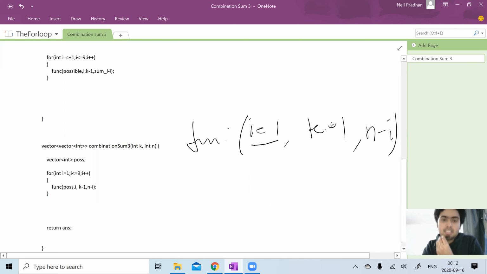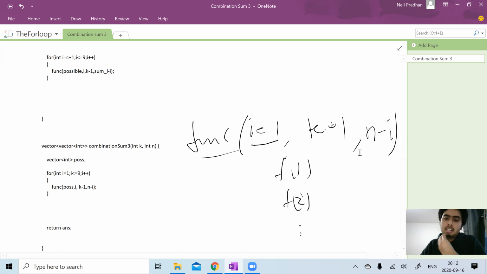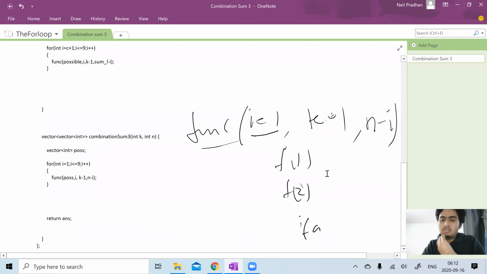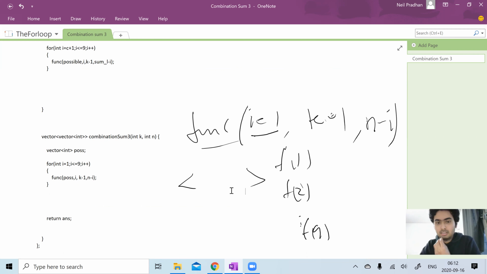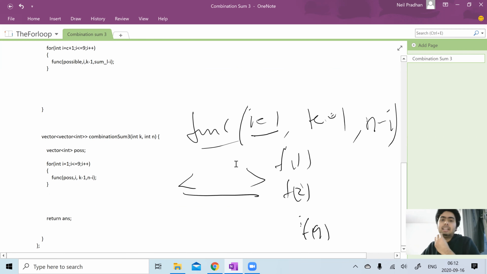And then we create this recursive function, and let's see how to create this function. As we pass from 1 to 9, we call it on f of 1, f of 2, and so on and so forth up till f of 9. We need to make sure that only the integers which fulfill our criteria remain, and all those which do not fulfill our criteria should be popped out of the vector, which we are publishing at the end.